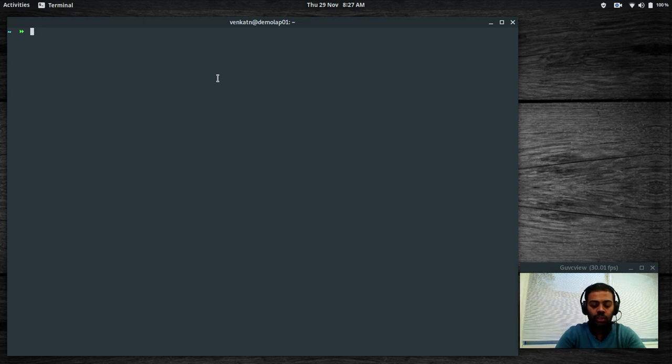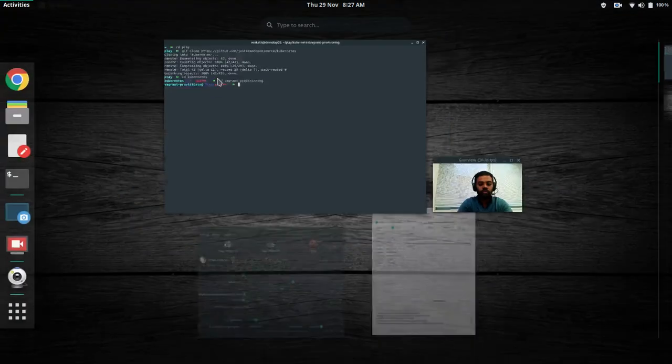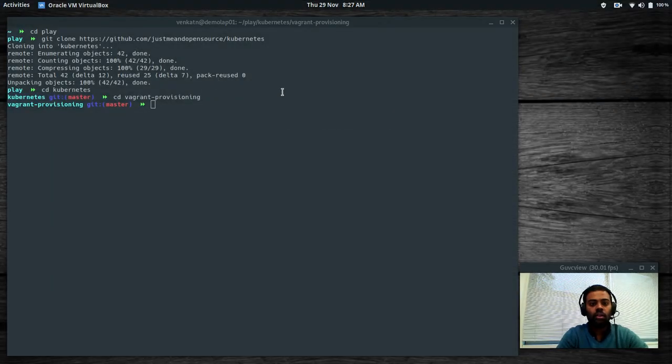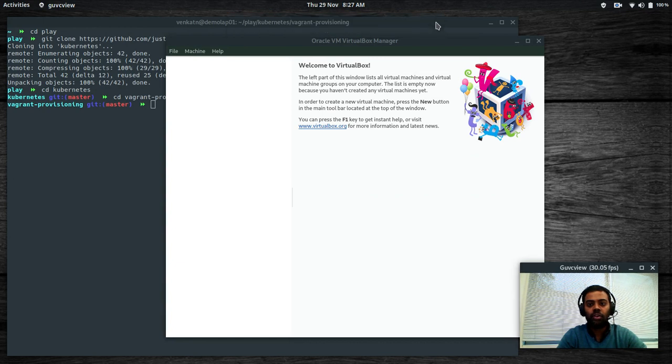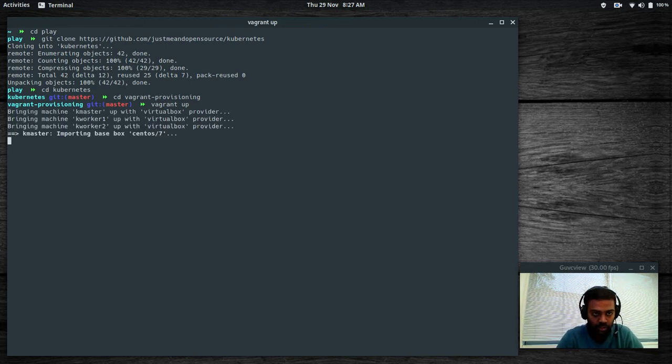As usual, I'm going to bring up my cluster now. Cd to the play directory, git clone my GitHub repository, cd to Kubernetes, cd to Vagrant provisioning. So I'm starting from scratch. I haven't got any virtual machines. I'm going to do vagrant up and wait for it. It's going to deploy a master node and two worker nodes, and then we'll see how